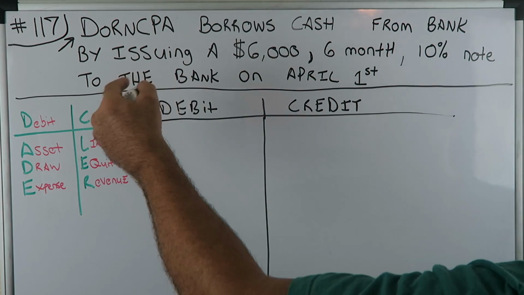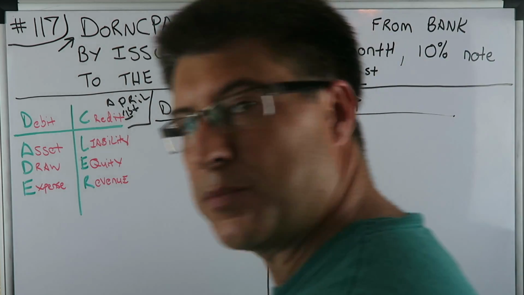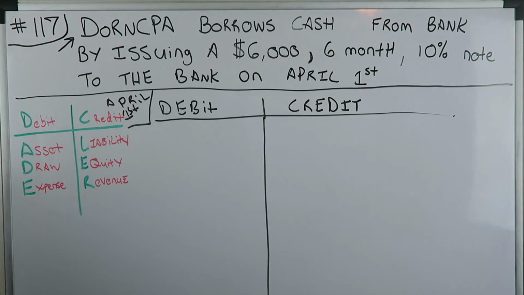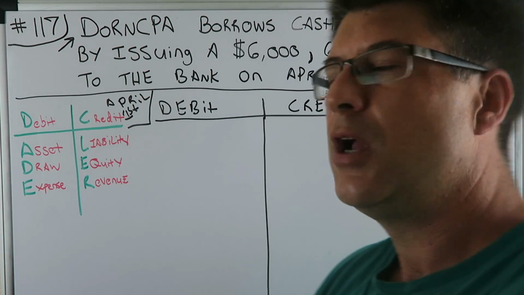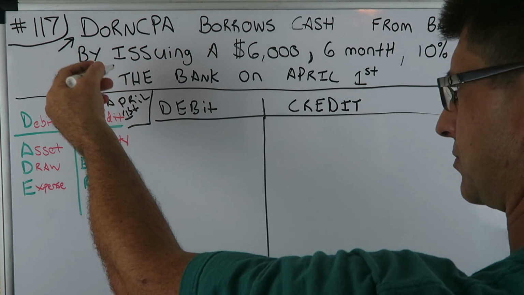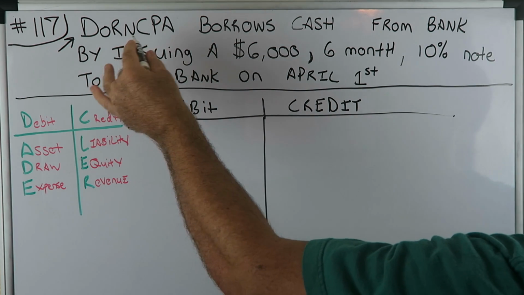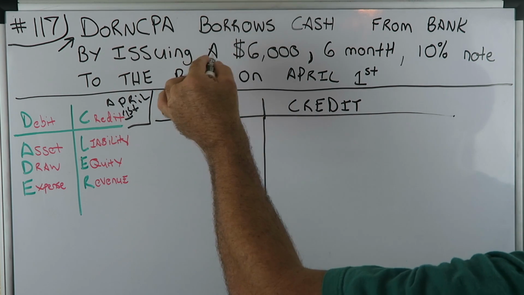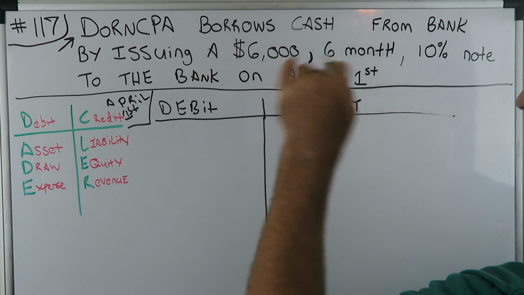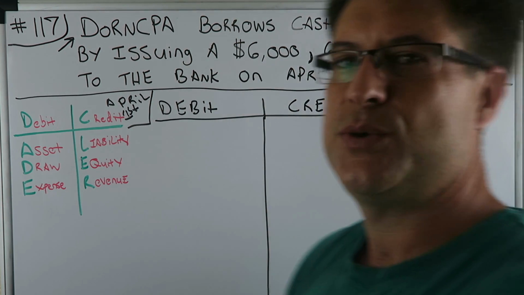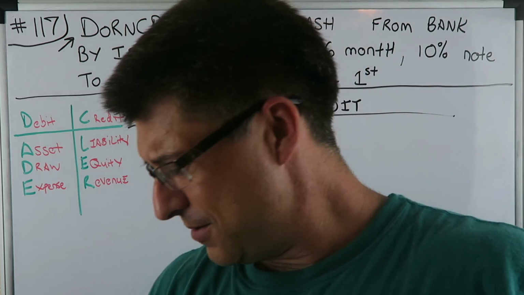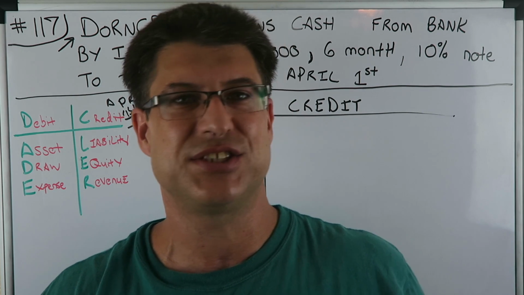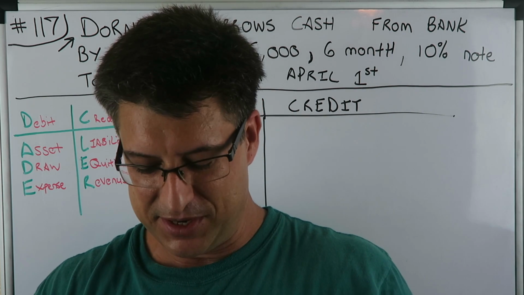And I think it was funny. I did use the verbiage from this accounting book here. The verbiage on that was, by issuing, Doran CPA, or the business, borrows cash from bank by issuing a $6,000 6-month 10% note to the bank. Issuing a note to the bank, you're like, oh. I don't know. I guess they have to accept it. I guess that's just the verbiage. The bank has to accept it, but you're like,